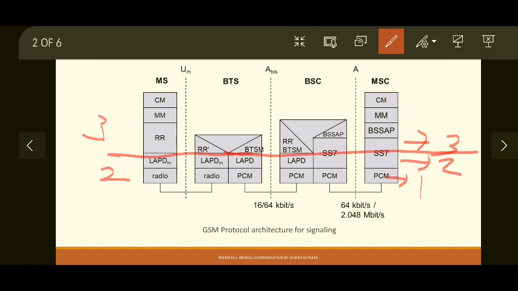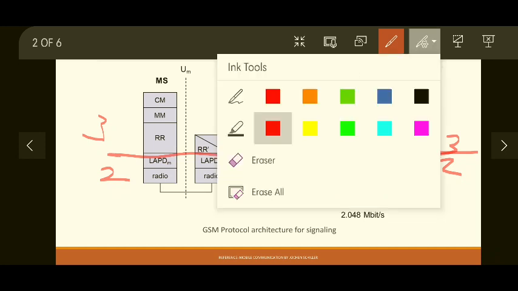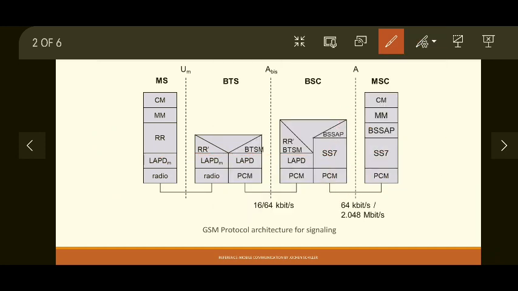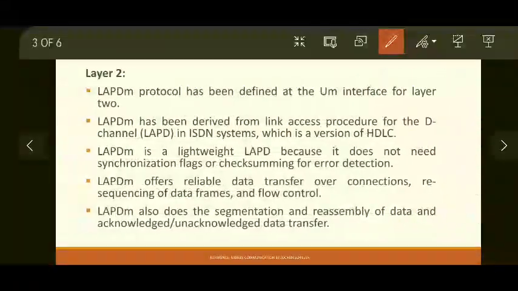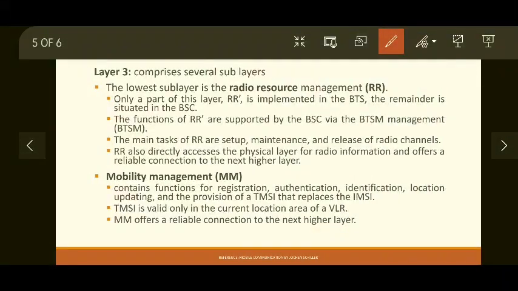So SS7 along with BSSAP sends the information to BSC, and SS7 sends the information to BSC for only this particular A interface. BSSAP is for the entire base station subsystem, whereas SS7 is only for the A interface. So SS7 works in two layers, that is the data link, and the third layer, that is the media access layer. So that is about Signaling System Number 7.